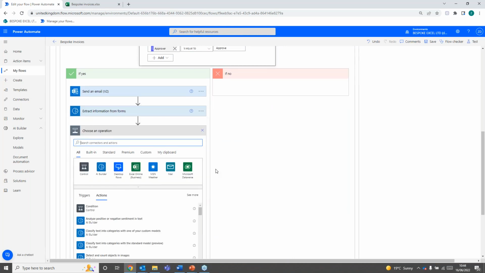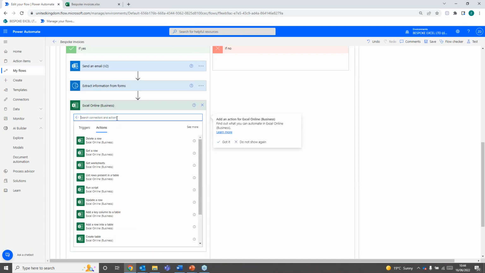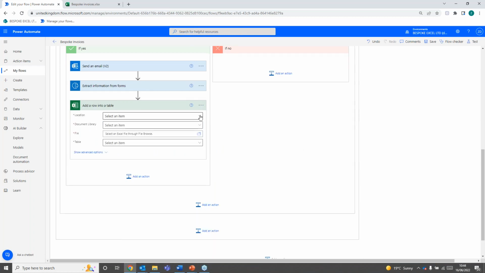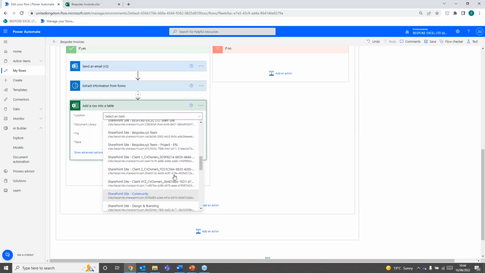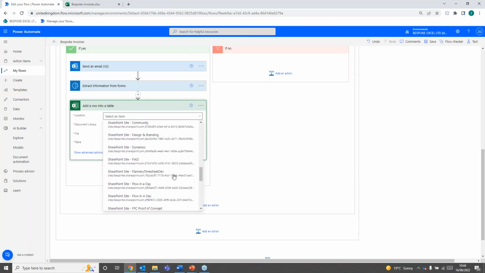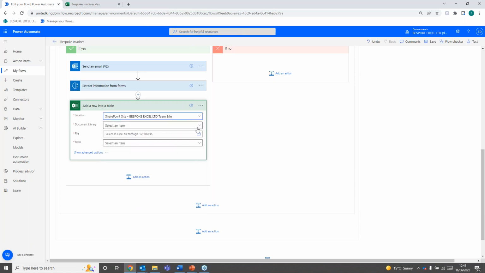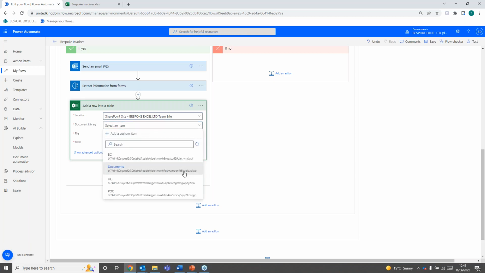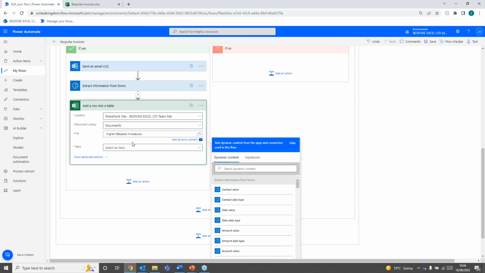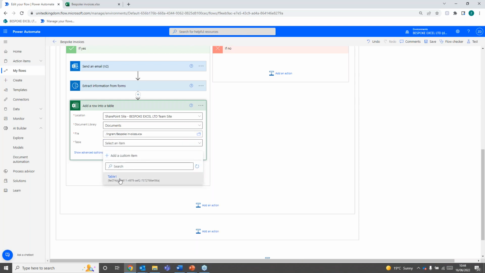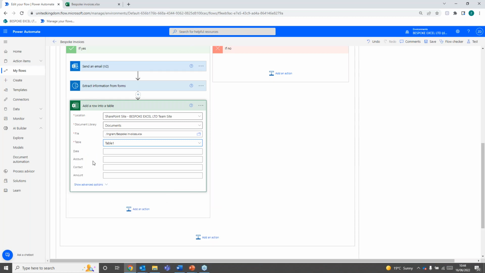In this case, we're going to put it in an Excel file. So if you click on Excel online, let's add a row into a table. So I just need to select this location. Where is it? Here it is. Give that a second to load. So obviously we've only got one table. Now it's going to bring up the four columns, the 4 fields that we need to